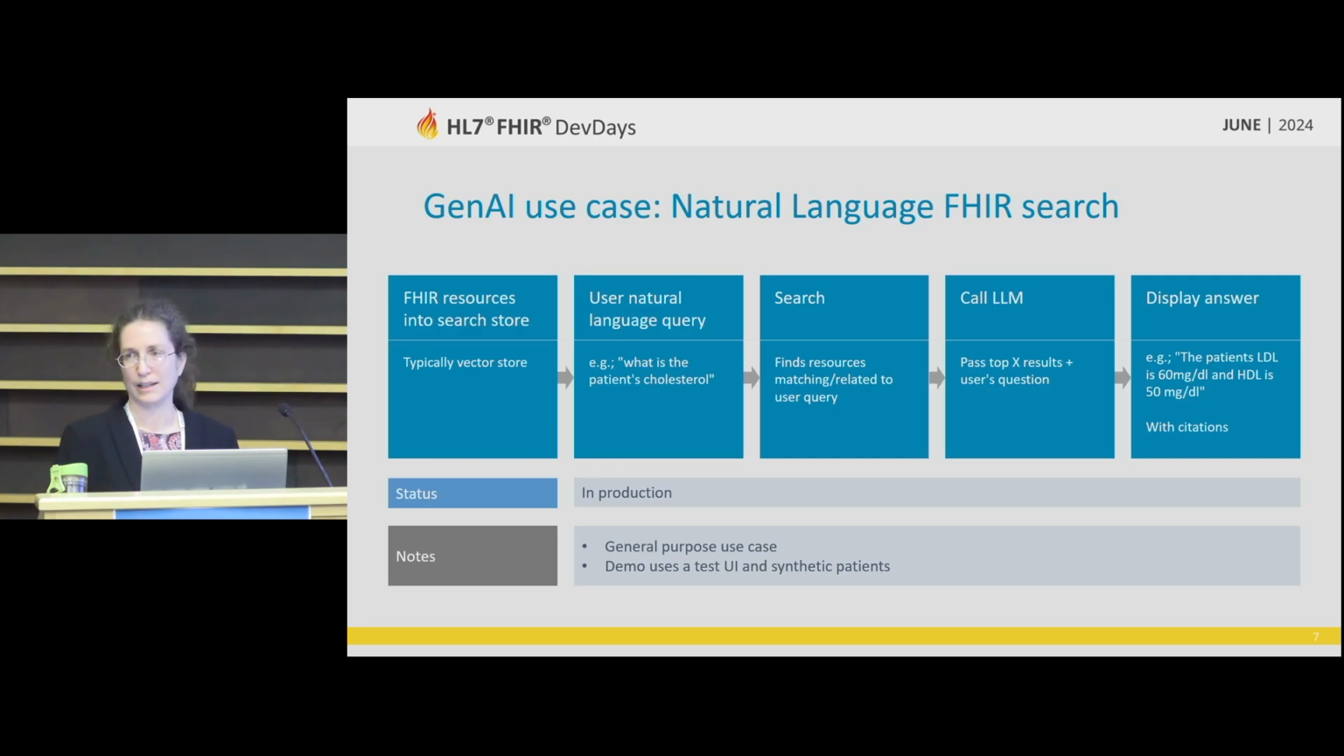The user types in a natural language query. We search on that store to find relevant records that are related to whatever they query about. Search returns a list of resources in ranked order from closest match to least relevant. You pass the top however many results you think are appropriate that you can afford to pass to the LLM along with the user's question and say, hey, LLM, answer the question